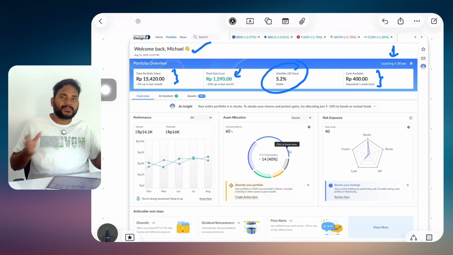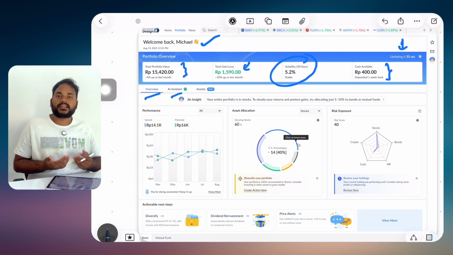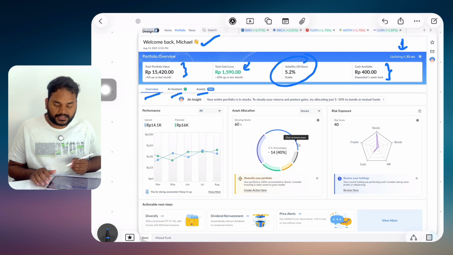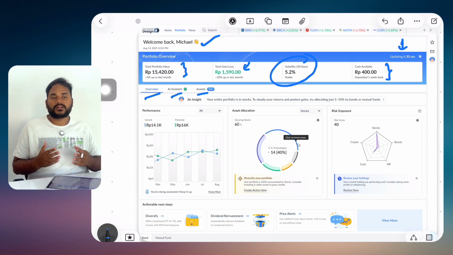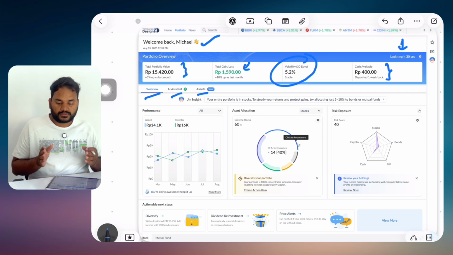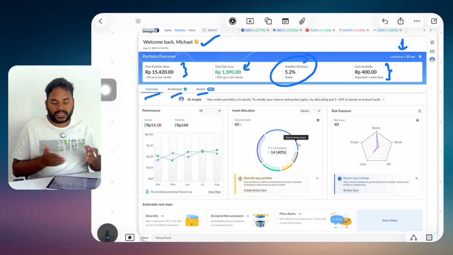Now, instead of having multiple tabs, what I did is, overview will act as a dashboard. AI assistant will work as an assistant that the user can use. Now, assets is something that is individual. This particular dashboard will be showing an overview of all the multiple investments that the user has done. So there should be some section or some way that the user should be able to go deeper into the asset. That will be in the assets tab.